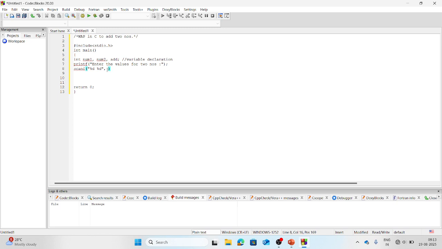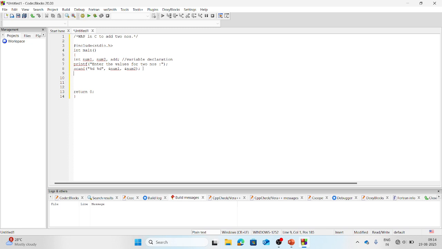So that is why in this line as well I need to give the address, and the address would be given with the help of this & sign, and then num1, this is the location, like this %d value would be stored in num1, comma, the second %d value would be stored in num2 location. All right, so this is the complete syntax of the scanf. After that you just terminate the line with the help of semicolon.